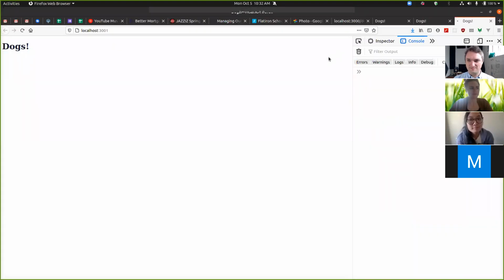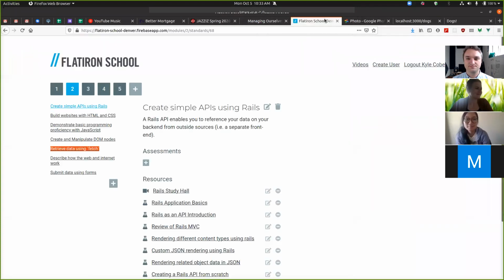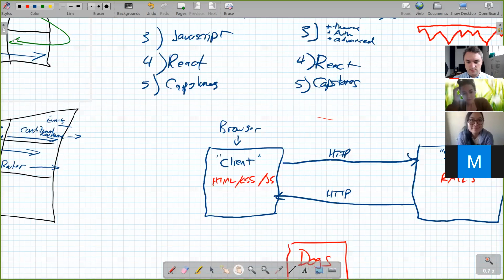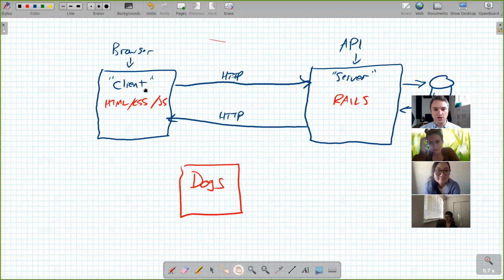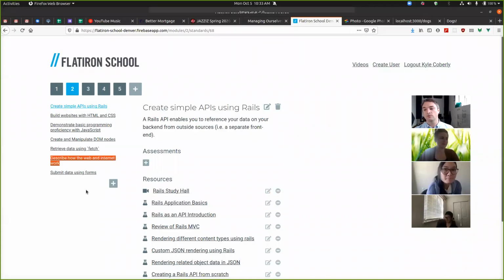All right. Hey, look, that's from my database. Wow, I made a full stack app. That's retrieving data using fetch. Describing how the web and the internet work is being able to talk about this diagram right here. And then the last thing that we need to be able to do to be successful in Mod 2 is